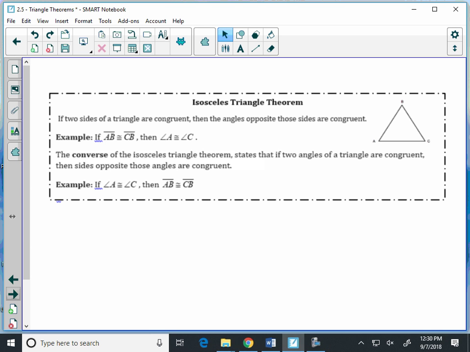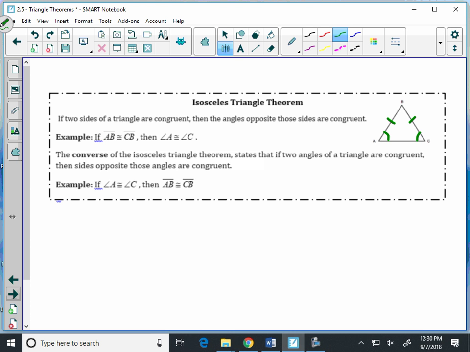So we look at this diagram. For example, if AB and CB are congruent, if those sides are congruent, then the angles across from those sides are also going to be congruent. So if we start at AB and go across, we get angle C. Start at CB, go across, we get angle A. That means angle A and angle C are congruent to each other. Okay? So we can use this now to